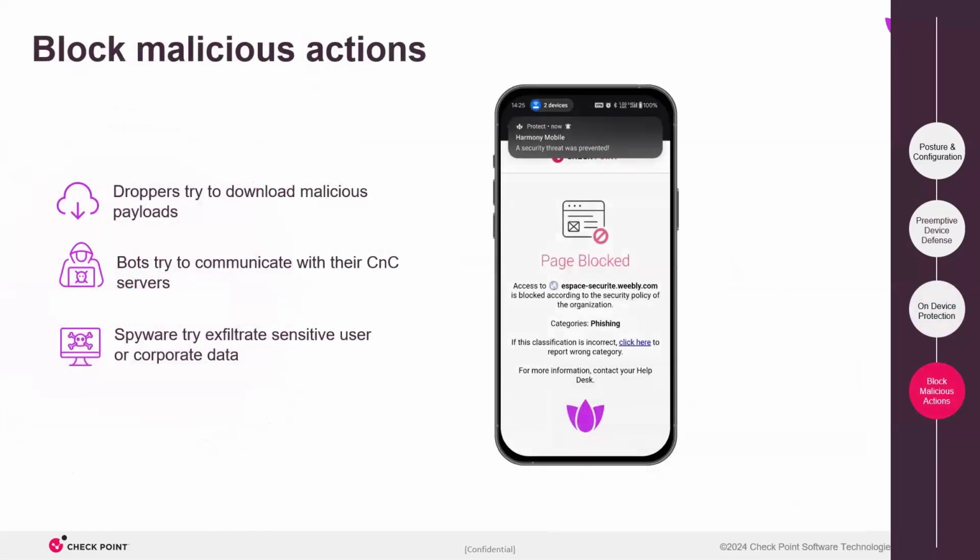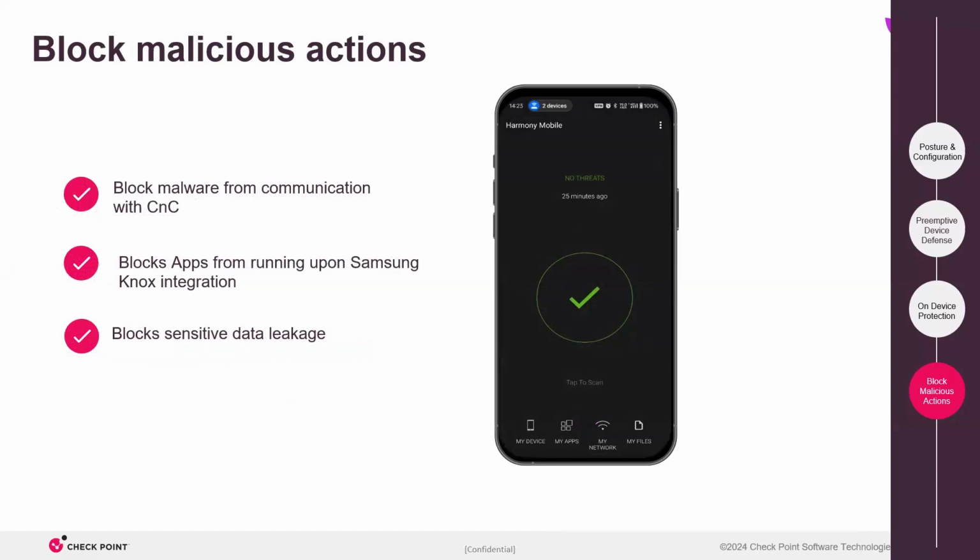When these actions take place on your phone, there are a few different ways that your users will be communicated with, and I'll show this as well. But you'll get a block page, which you as the admin can edit to say whatever you'd like. In this case, it's a blocked site. Access to the site is blocked according to the security policy of the organization. If you think it's a miscalculation, you can report that to your admin and it gives you a category. You can change what this text is, as much as you'd like. And then additionally, there's a notification banner at the top. At any time, you can go to your phone and see what your status is. In this case, we've handled all threats